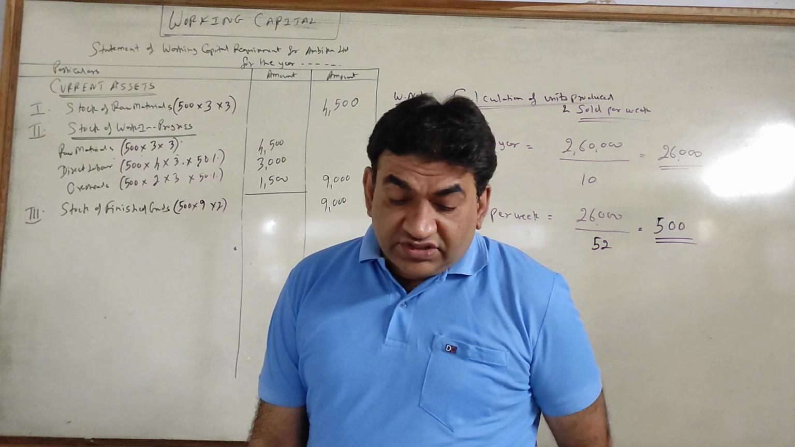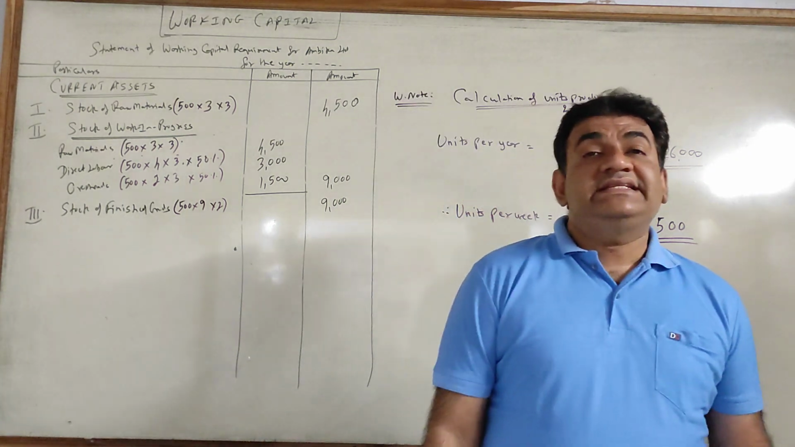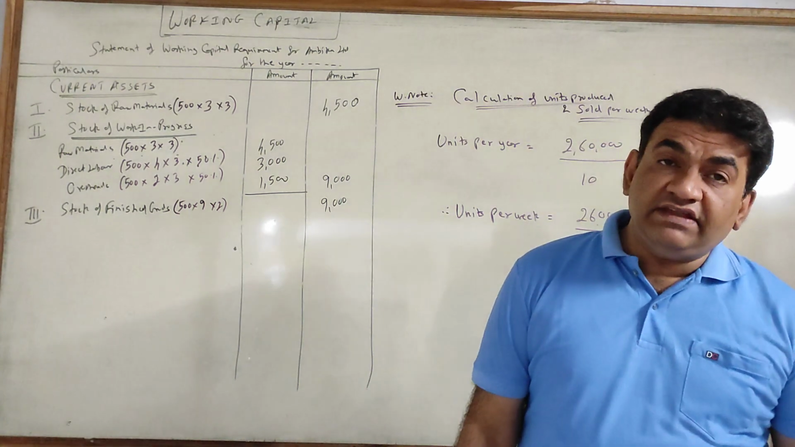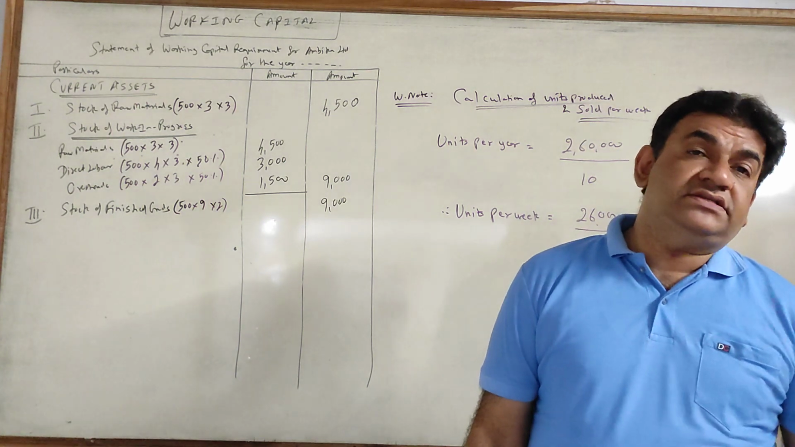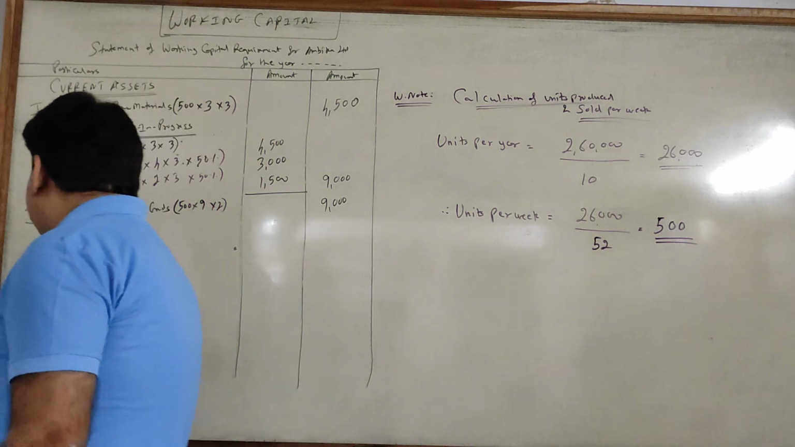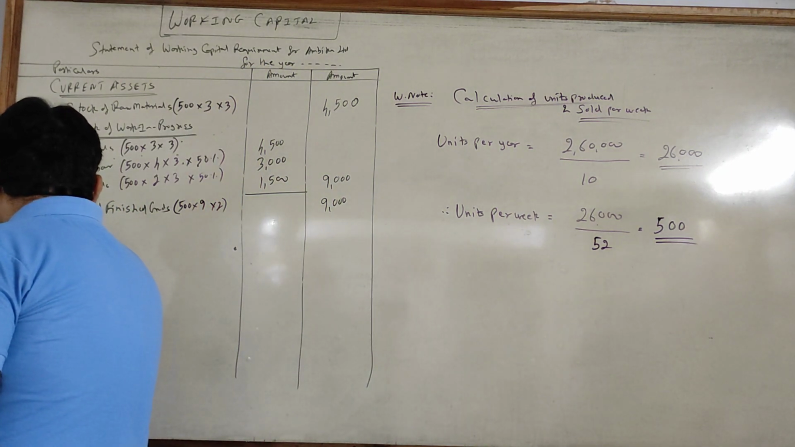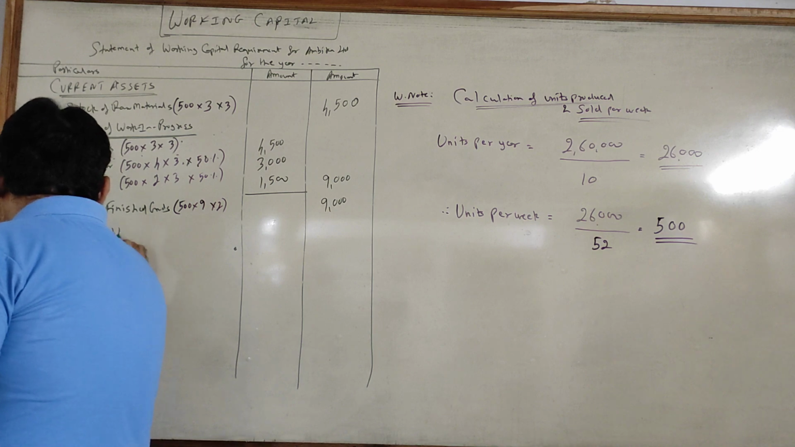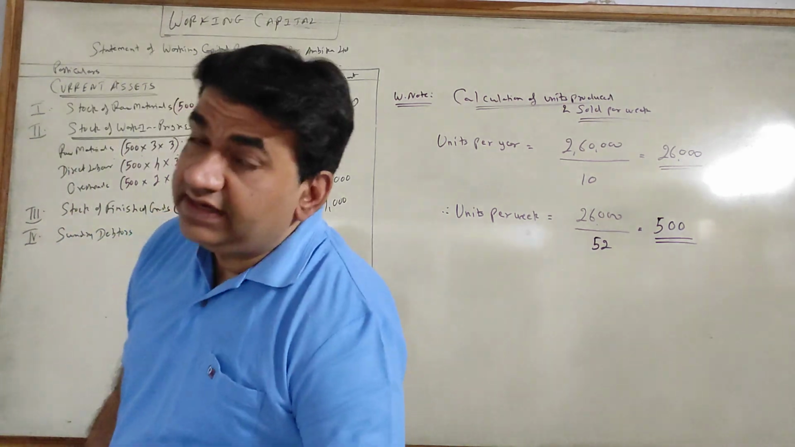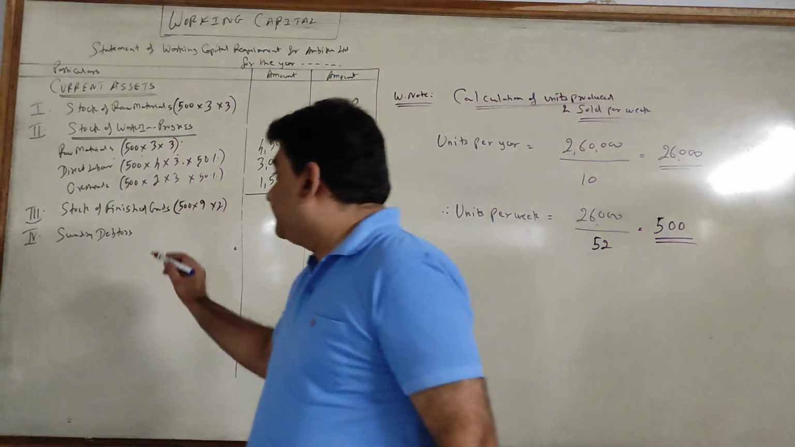D, customers are allowed 8 weeks credit. Customer means debtors, and you all know very well, sundry debtors or debtors are a part of your current assets. So my next heading will be number 4, that is sundry debtors. Number 4, sundry debtors. Now see how you will calculate. Unit sale